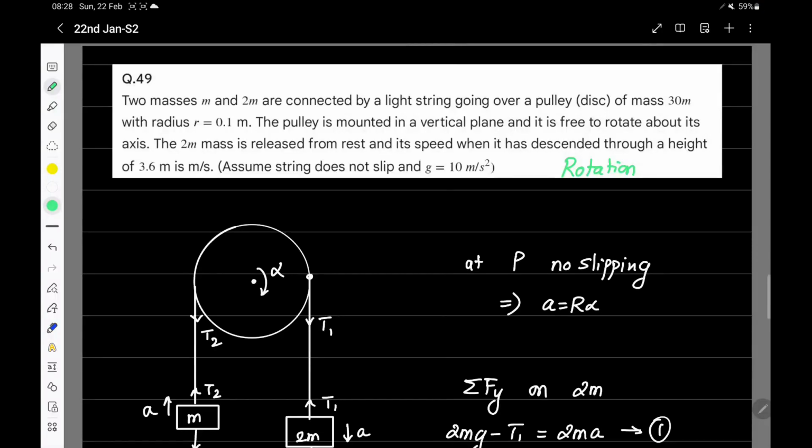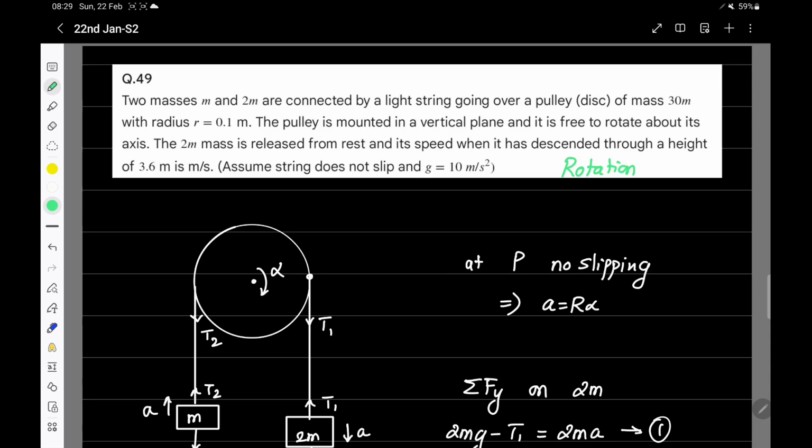Hello students, we are solving a question on system of particles and rotation. This is from 22nd January shift 2 JEE Mains 2026. The question says two masses small m and 2m are connected by a light string going over a pulley which